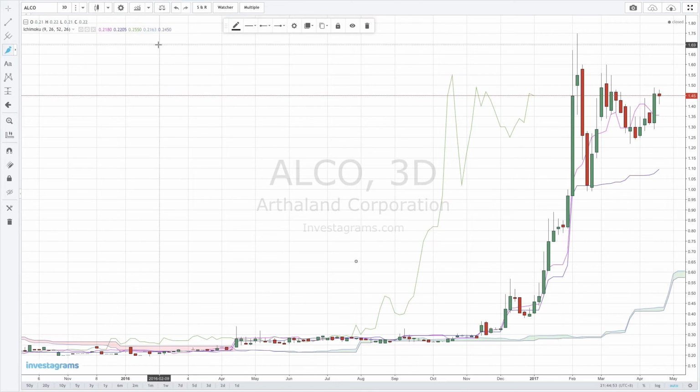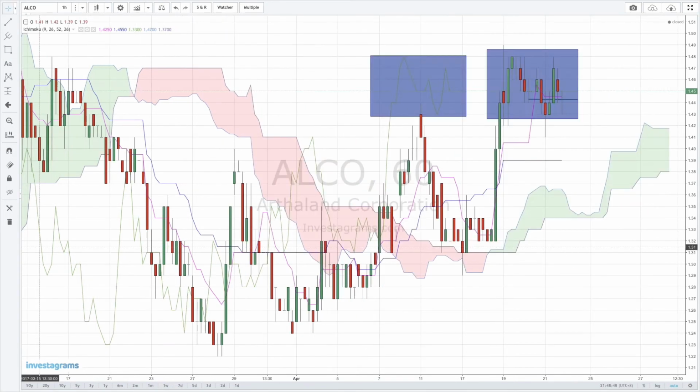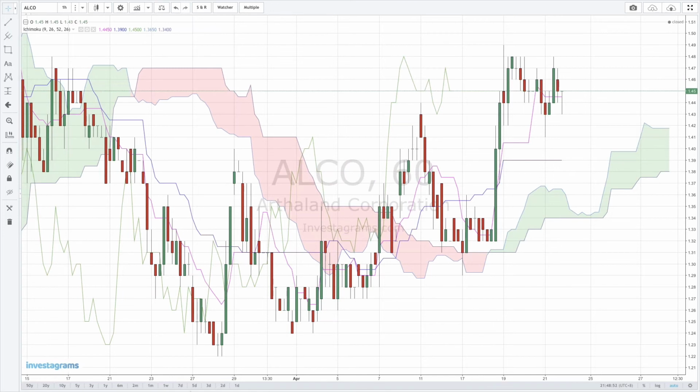So we enter the hourly chart to find the best possible entry. Now let's look into the hourly chart. We find that Alco is still bullish. Prices tried to break below the Tenkan Sen line, but it held above the Kijun Sen line. Therefore, using the hourly chart, you would find that the best place to buy is in this area,